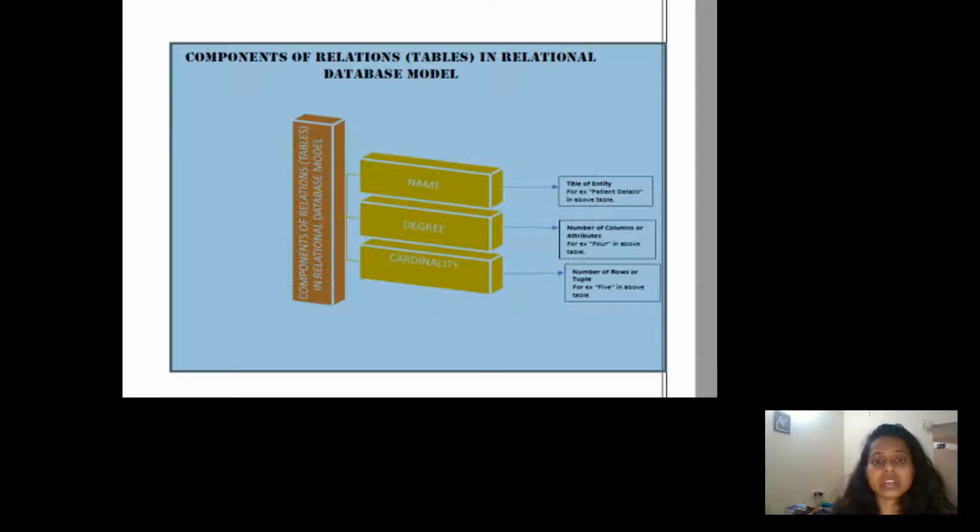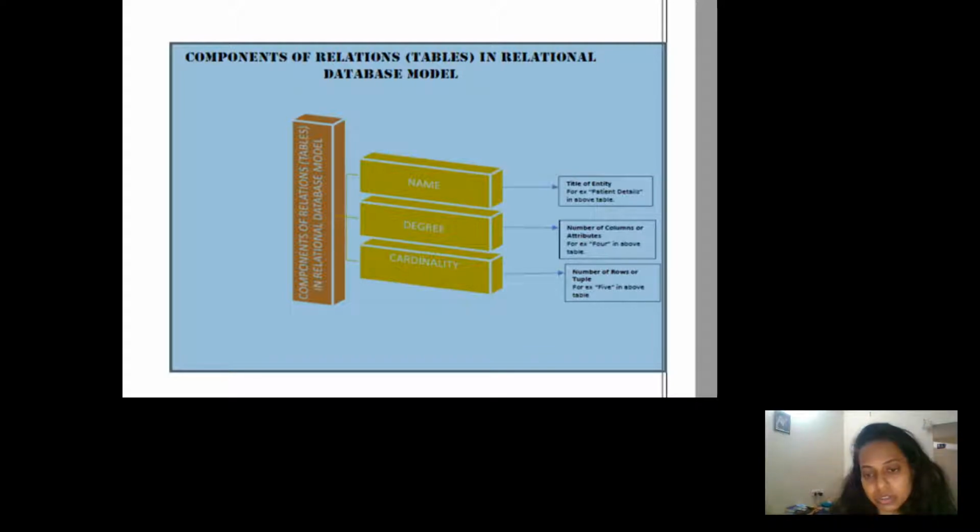Next one is your components of relations tables in relational database model. These are three things: name, degree, and cardinality. These are the three components of relational database model. First one is your title of entity, the next one is your number of columns or attributes, and